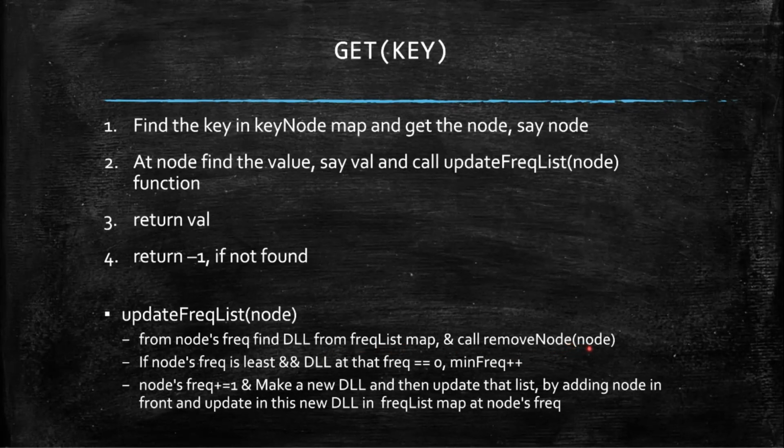What it will do is it will remove the least recently used from that LFU doubly linked list, right? So if that node's frequency is least and the doubly linked list at that frequency is 0, then the minimum frequency will increase. So what I have mentioned is that